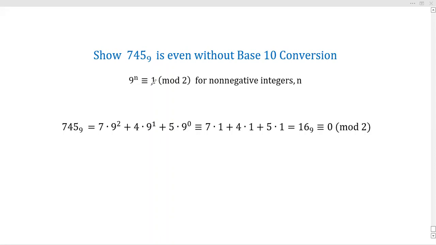9 raised to the n power is congruent to 1 mod 2. That basically follows from the fact that any odd number raised to an integral power is always going to be odd, and if you subtract 1 from that, you would still get an even number. For example, if you did 9 cubed, 9 cubed is congruent